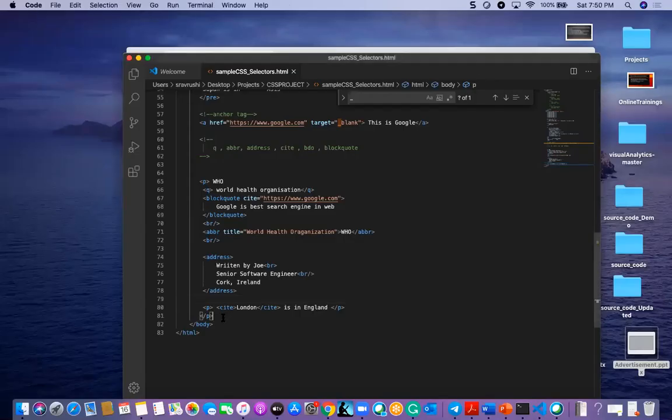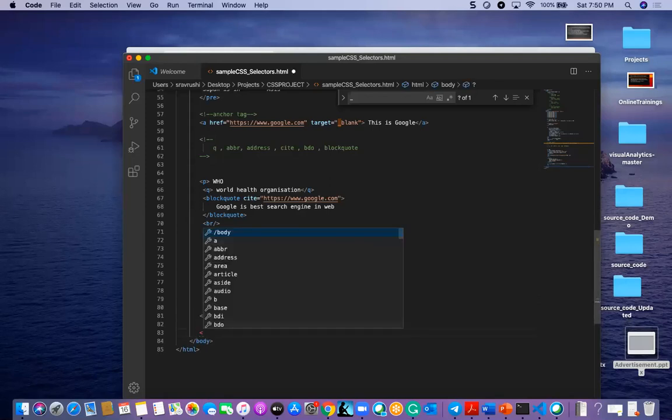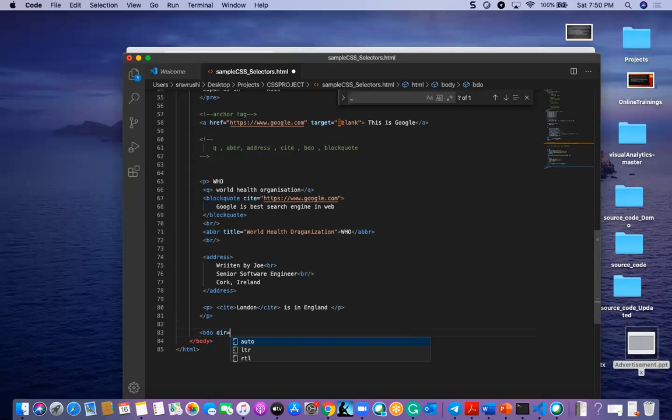And one more we'll see, that is the bidirectional override, BDO. Okay, so let us go for the BDO tag. BDO is mentioned with BDO, and the direction is like I am going to display the text in the format of right to left.